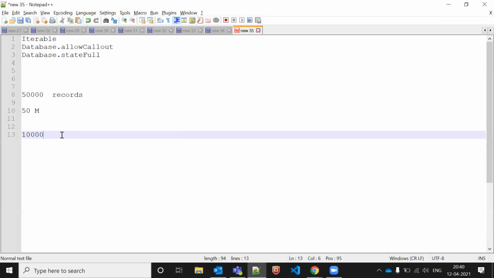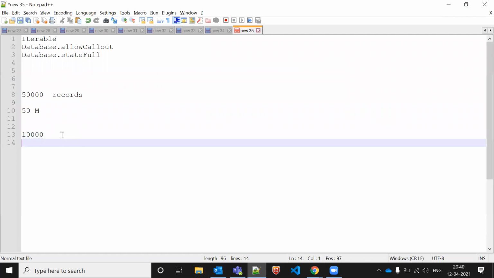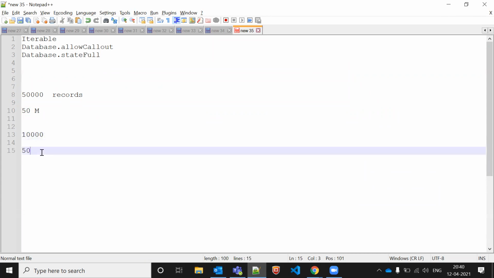Exactly, 10,000 divided by 200. I think it's around 50 times, right? Whatever result we get, say it is 50 times, it will execute 50 times. So 50 total batches are executing.